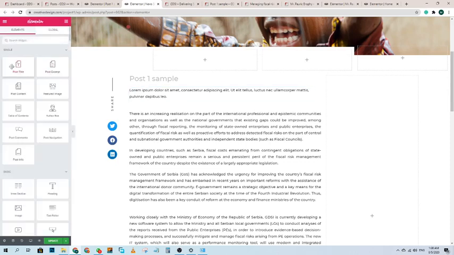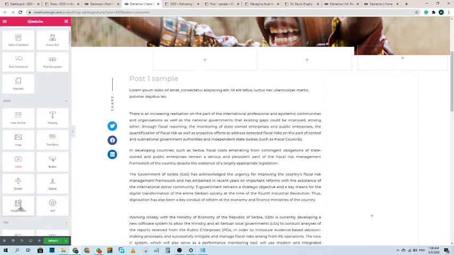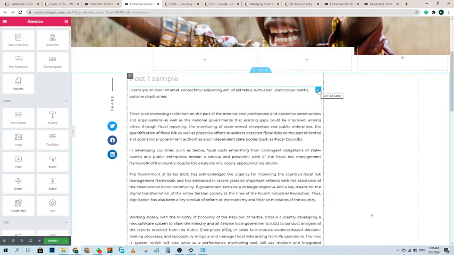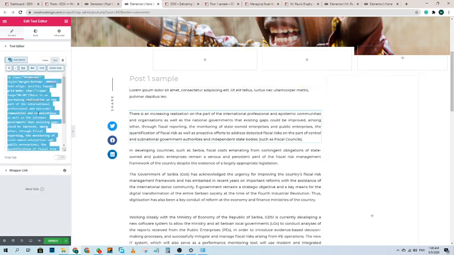Okay, and from here you can select the element text editor. You can also select the image if you want to add. And this is the dummy text that is coming, and if you want to add a new text in this box, you can also add.